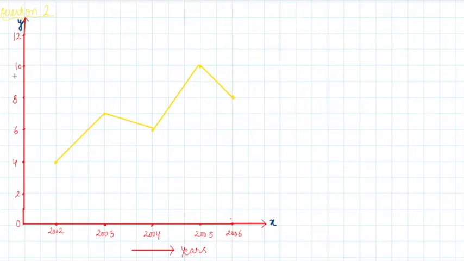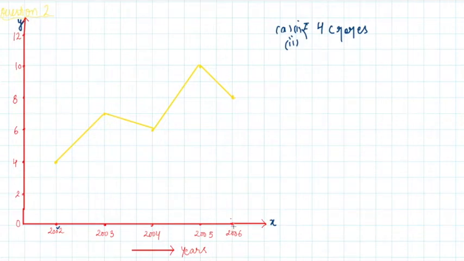So first part is, what were the sales in 2002. So 2002 is this year, and corresponding to this value, if you see, this is 4. But if we only write the answer as 4, that will be wrong, right? Because it is written here, it is in crores. So how do we write? Rupees 4 crores. Okay. This was the first part of A, and now this is the second part of the A part only, which is what were the sales in 2006.